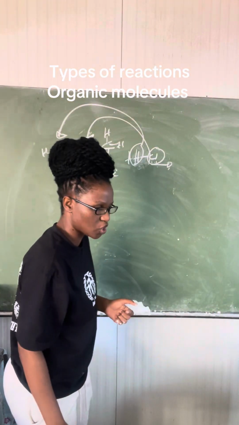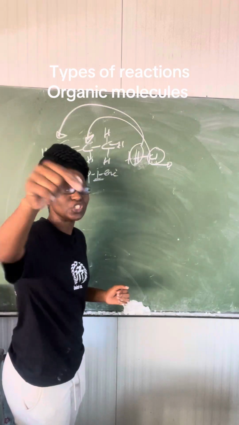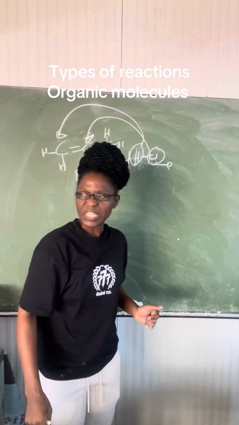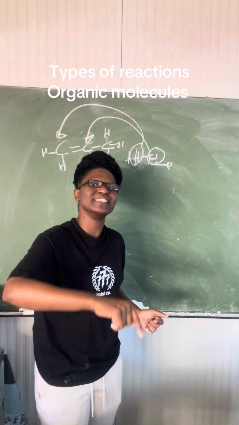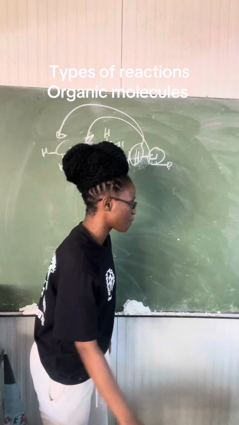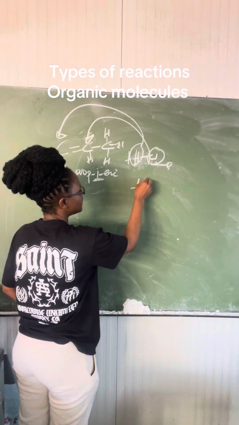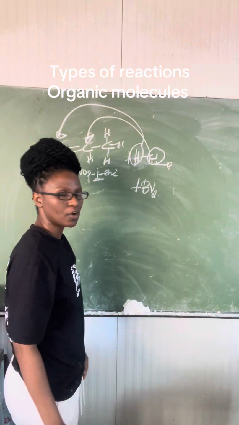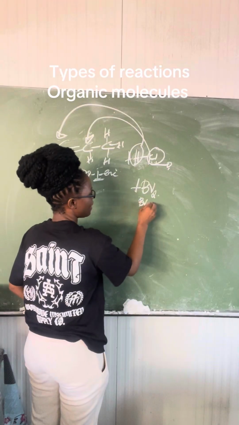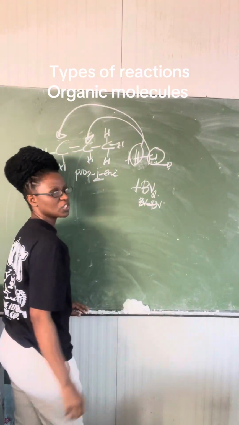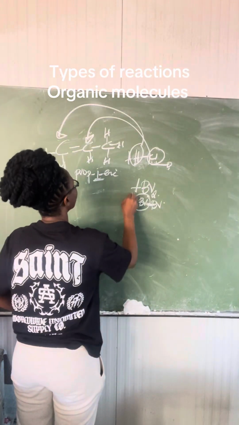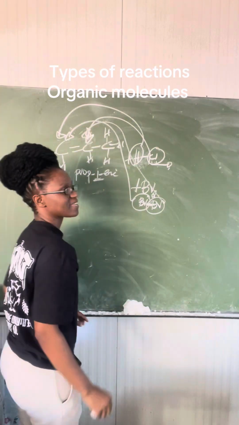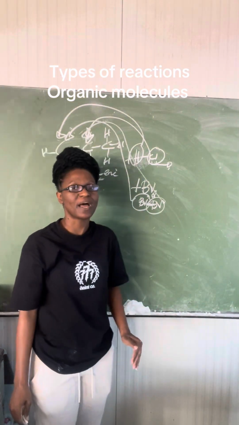It's hydrohalogenation. Now, for halogenation, we are adding diatomic halogens. Diatomic halogens are those elements found in group 7 of the periodic table. So if I add Br2 on this unsaturated compound, let's say this one is Br with a single bond in between to another Br. We can see that this Br will align itself on the first carbon, and then this Br will align itself on the second carbon. Again, the product formed there is a